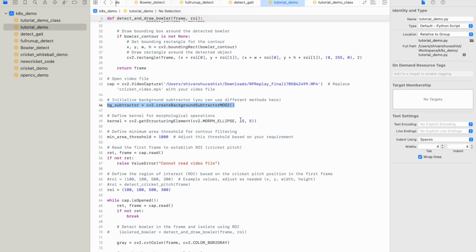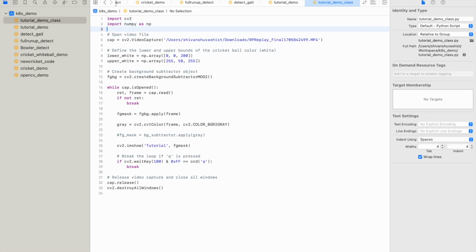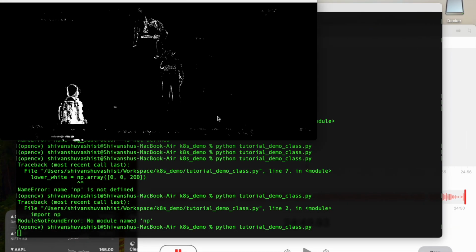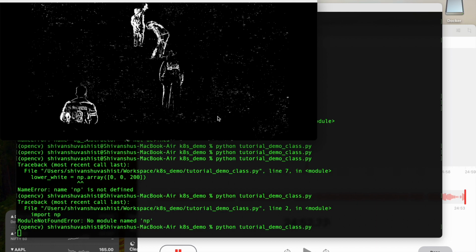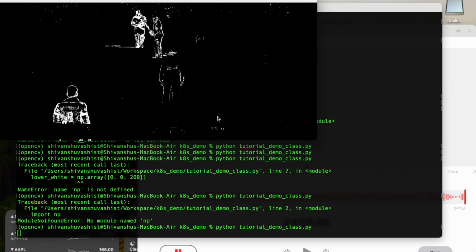The second one is, you can actually do a lot of things in this, and this area is so vast that I cannot give you everything in a day. But in this example, I'll give you a small example of how to isolate things and how this actually works, right? Okay. So yeah, we'll import the NumPy library as well to run this command. And here we go. Now you see it's only displaying the colors, or maybe I would say the moving